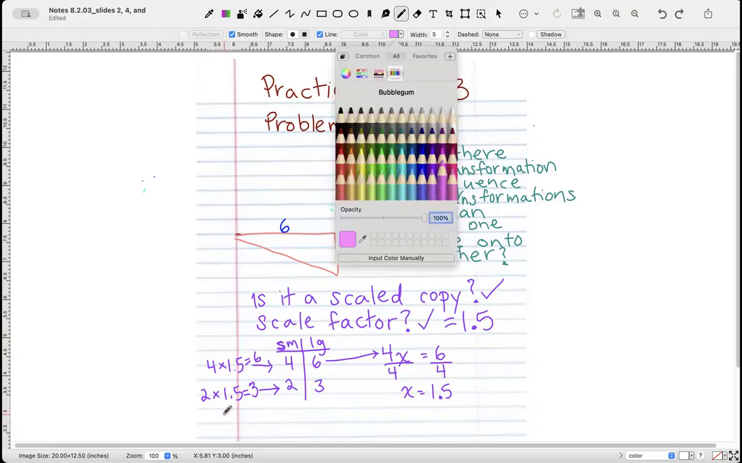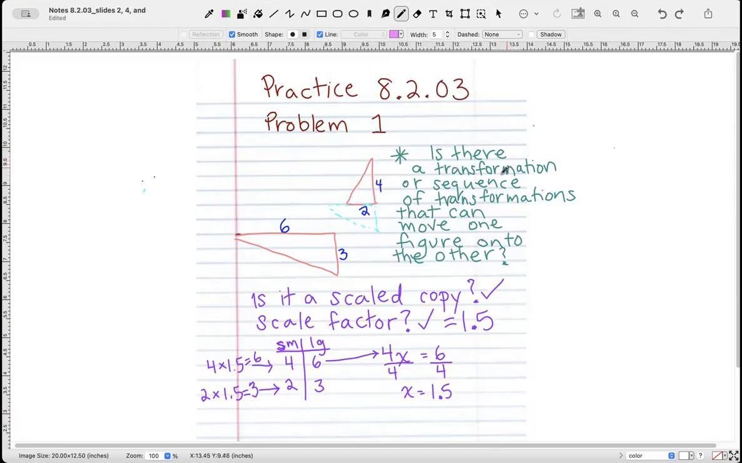We know that the answer to the question, is there a transformation or sequence of transformations that you can move one onto the other? The answer is yes. Rotate 90 degrees, small triangle, 90 degrees, let's see, that way is counterclockwise,